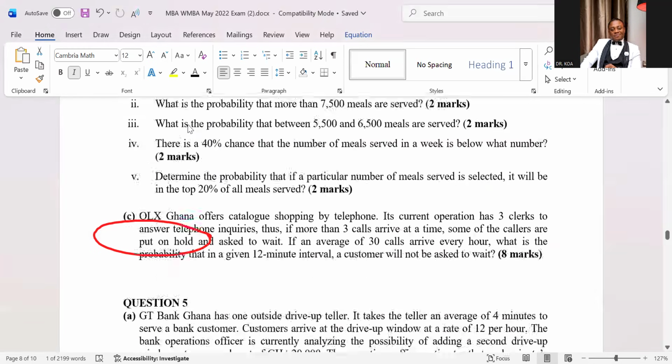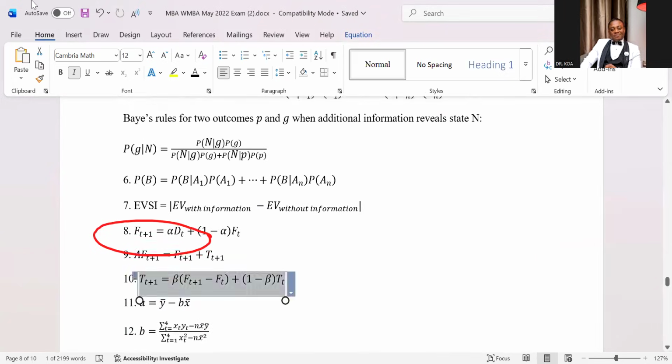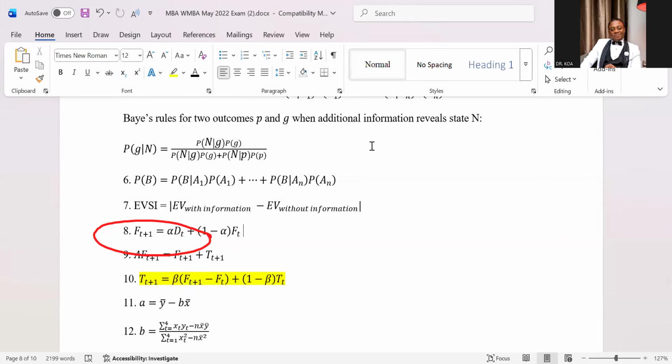Look at the formula for the time trend 3. That's where we are starting the calculation, the one I've highlighted here. You're going to calculate for this. So how do you calculate T3? Oh, it's simple, very, very simple. So T3. Look at the formula. The formula requires that you know beta. Was beta given to us? Yes. What was the value of the beta? 0.2. Then the next thing is the FT plus 1.